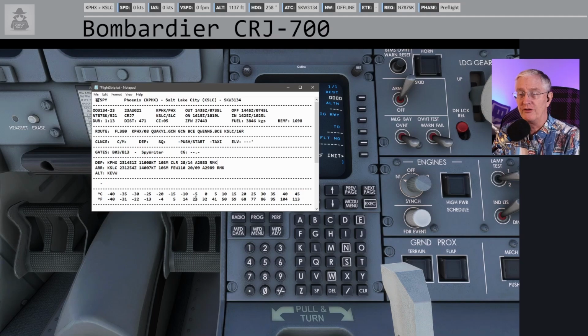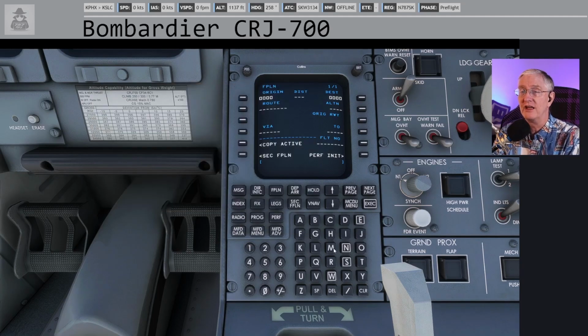All the temperatures down here, this is my fast and dirty degrees Celsius to degrees Fahrenheit conversion table. I've got gate information. This is all the stuff that you're going to need. I've also got departure and arrival information. We're technically in a late departure right now, but if you're going to fly and cross the pond, understanding departure and arrival times and what your departure slot is going to be is kind of important. So next thing for us to do is put in our departure, which is KPHX,